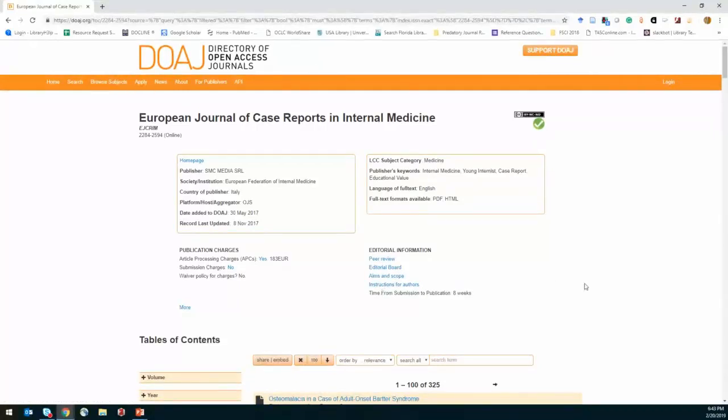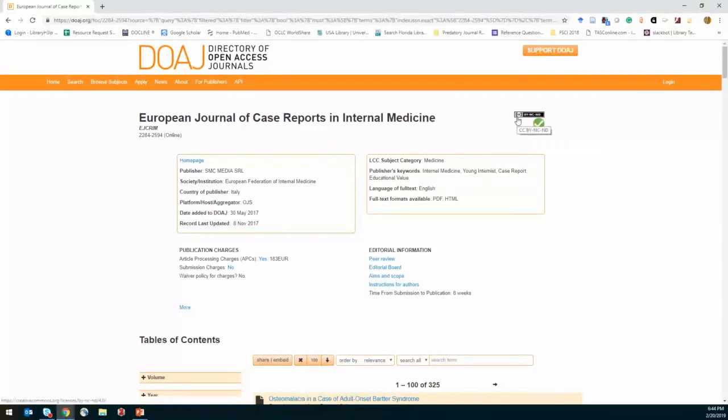DOAJ has a fairly rigorous criteria for inclusion, so a lot of the more predatory publishers will be screened by this. So if you are considering open access publishing or a fee structure, you can search in here and see if DOAJ lists them. If they do list them, there's this green check here, or a DOAJ seal. It's an even higher level, which means the check means it's gone through a more rigorous screening process that was put in place in March 2014.